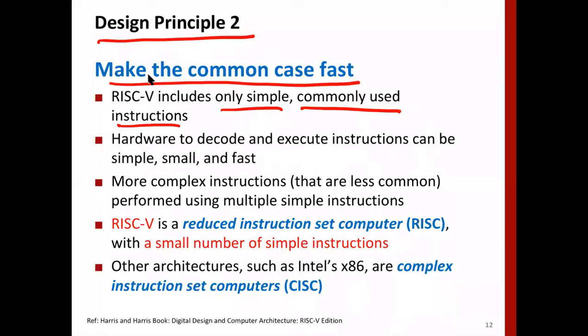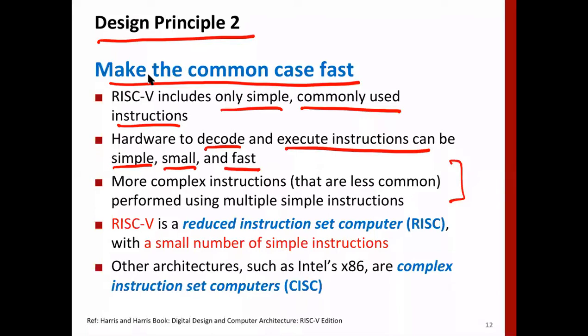For example, hardware to decode and execute instructions can be simple, small, and fast. So everything is very simple, and then that can be done at very high speed. You can afford to create hardware which is very efficient and very fast. And we have seen that a more complex instruction at the top can be split into simpler instructions, but they can be executed at fast speed.